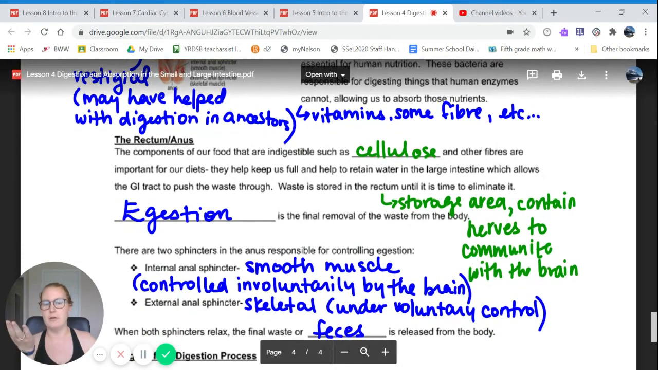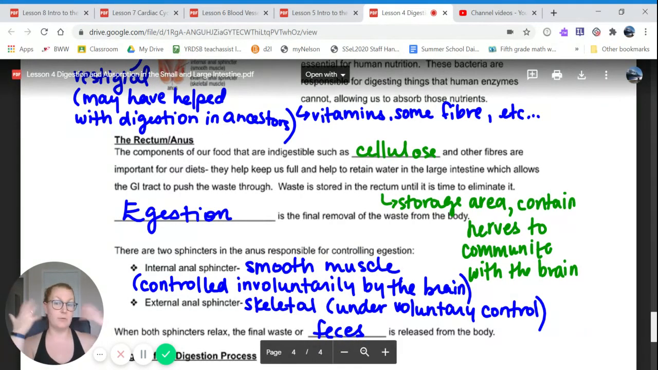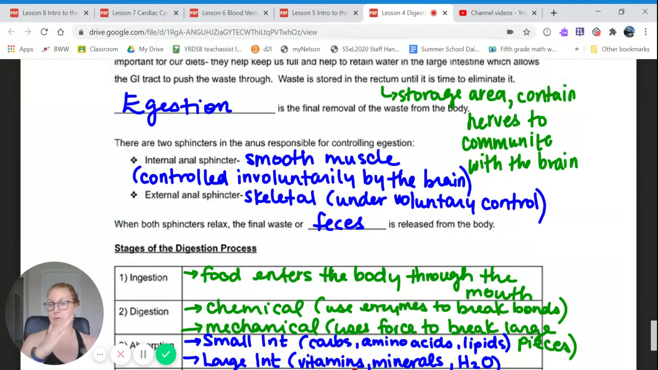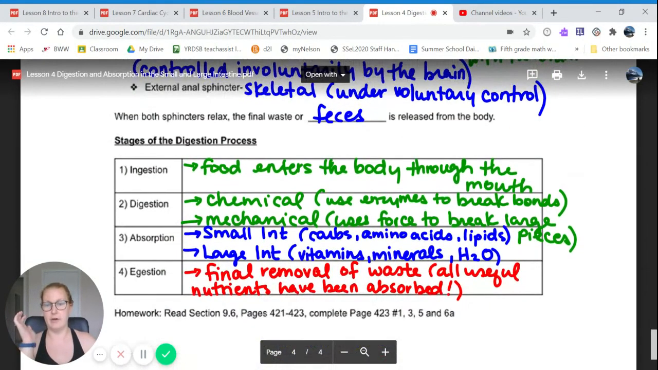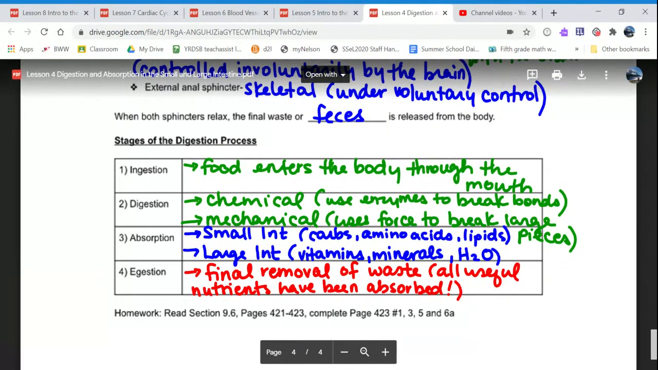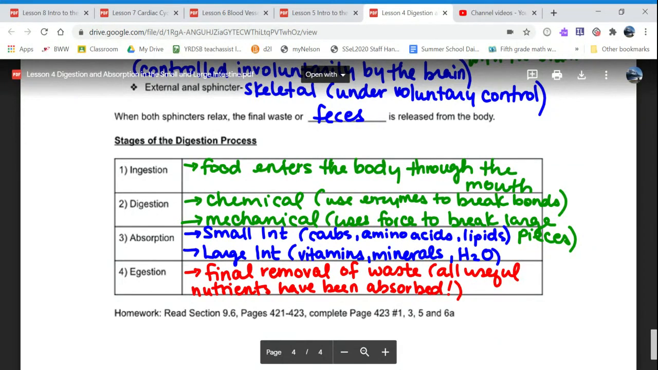And I've mentioned right here, there are nerves throughout this entire rectum area, which are essentially communicating with the brain when you actually have to go. So again, when the sphincters relax, which we've seen sphincters elsewhere relaxing as well, the final waste, also called the feces, is going to be released from the body. At the very end here, we have just the stages of the digestive process. So those stages that I was mentioning, those are really going to include things like